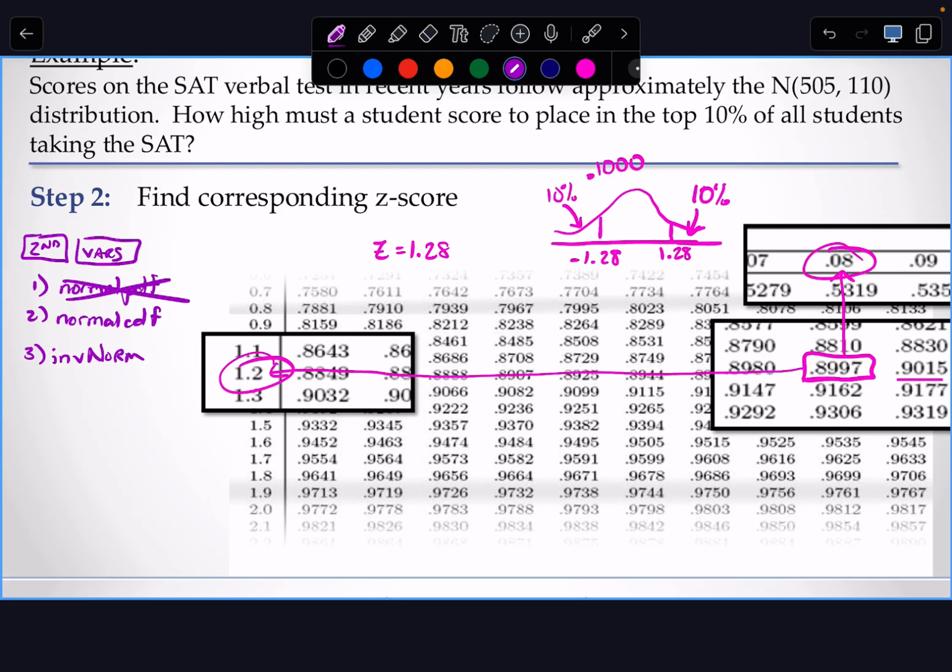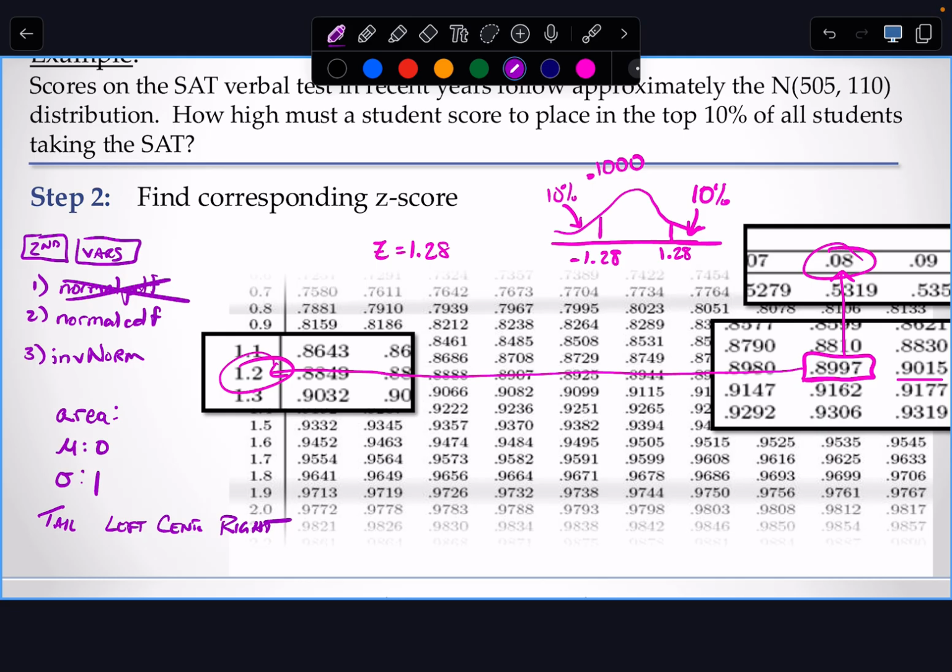So last week it was normal CDF. I had a value, and this is going to convert it to a percentage. So this was the process we talked about last Friday. What I want to do is work the other way. So that's where this inverse norm is going to come into play here. So when you go into that inverse norm function, when you choose that option 3,